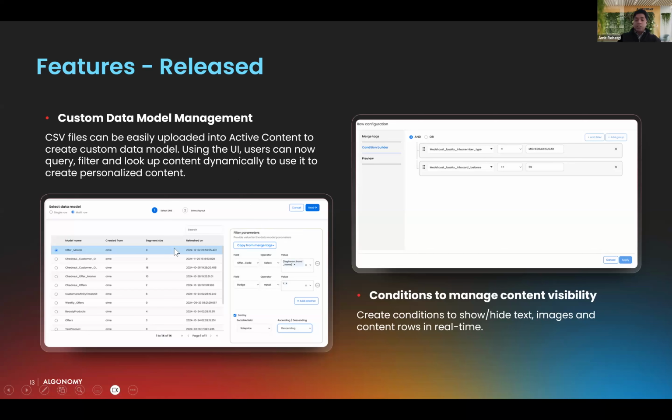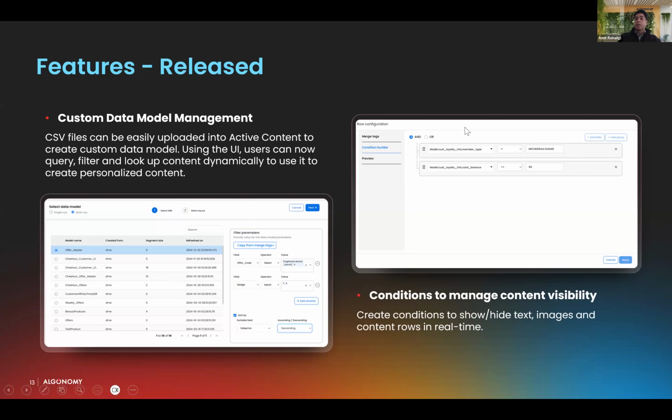Now, you could use this data which is there in the CSV file, and you could set up dynamic lookups of that CSV file, and this could be done at runtime. There's a simple UI that's made available where you could set up dynamic lookups of the CSV file. All through the UI itself, the data can be sorted in certain specific ways. So if you want offers which have the lowest price to show on the top, you can do that. And all of this can be done through a UI itself. In most of the ESP tools, this would require a lot of coding, and so you'd have to code this entire thing. Similarly, we've brought in